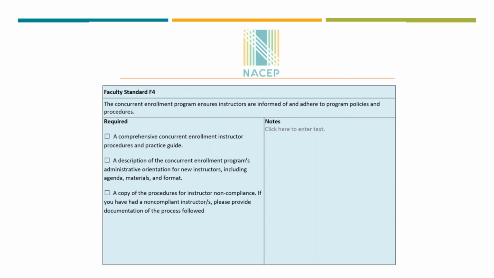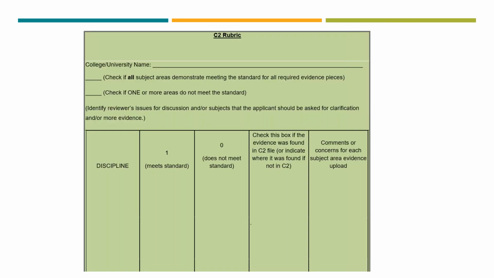Within each part of it, you will see the actual standard. So depending on which endorsement your program is applying for, the standard will be outlined for you. The required evidence will be there for you. And then you'll also have a space where you can put any notes that you may have about those standards. You can check off if the standard's required evidence is there, if anything is missing, any questions that you may have, you're able to log it in this document. And then you'll also have access to all of the rubrics. So for a number of the standards, there is a rubric attached to it, especially when it comes to looking at your curriculum and syllabi, seeing if those are aligned.